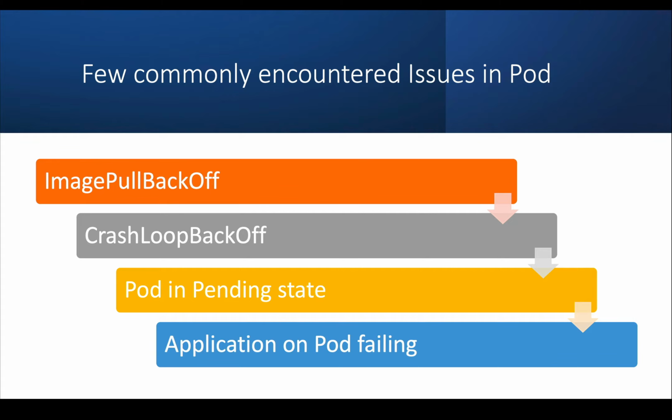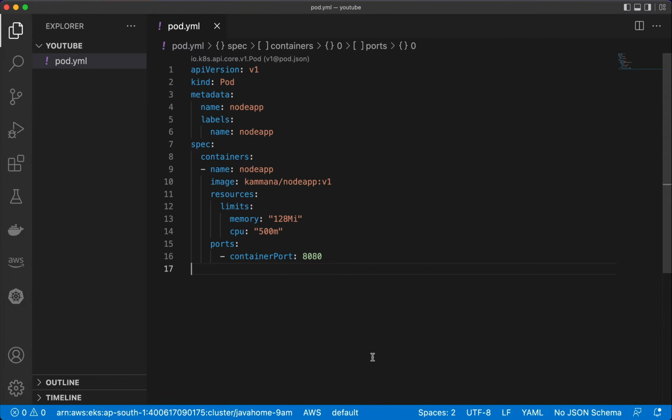The first one is ImagePullBackoff. We'll see what that exception is, when we get it, how to find it. So we're going to see all these four issues in a demonstration. Yeah, let's get started. Alright, for the purpose of this demonstration, I have created a simple pod YAML document, and